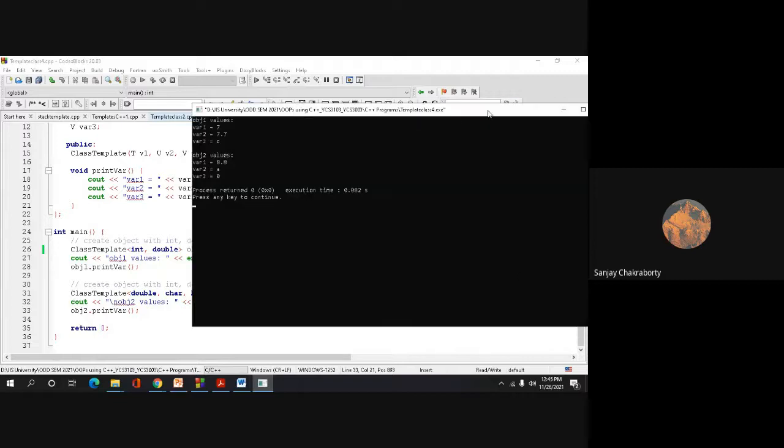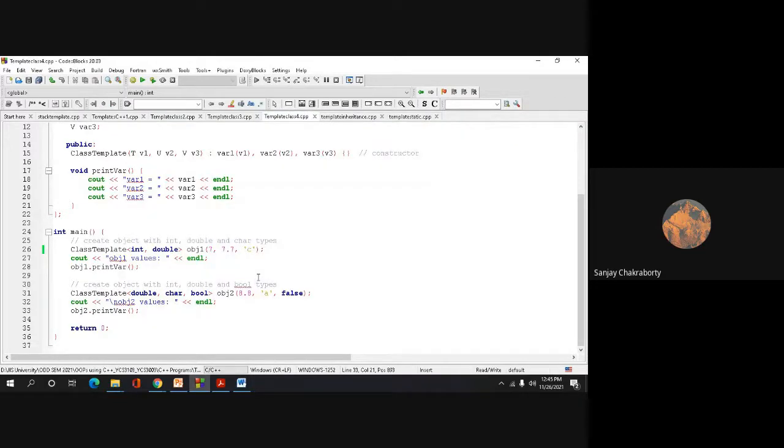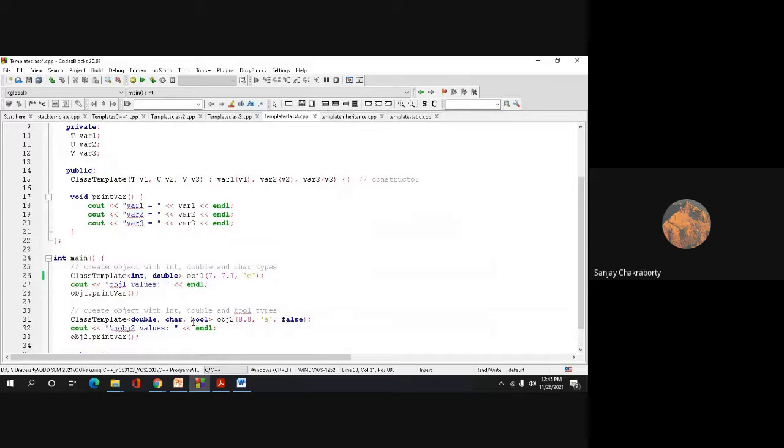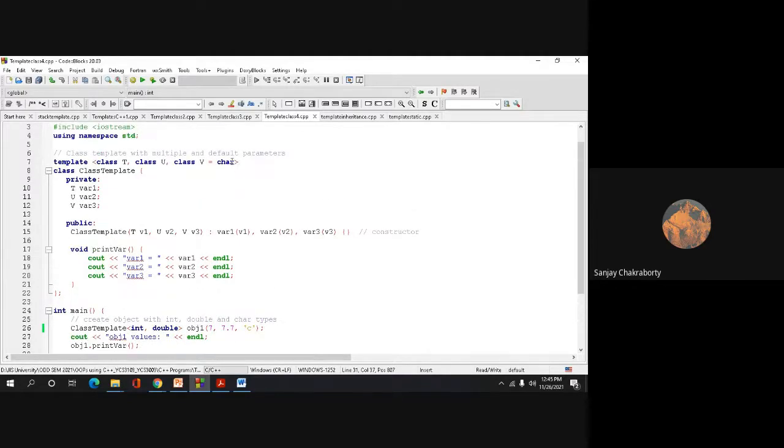So what do you understand from this code? It is clearly understood that whatever parameter type you have mentioned during the invocation of this function or a constructor within the template will actually override whatever you have defined at the time of function template creation.